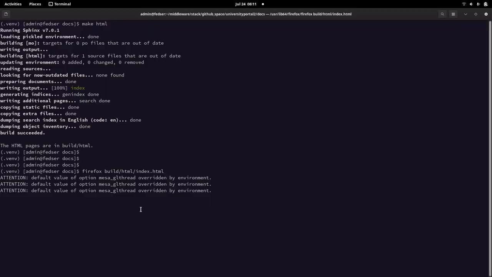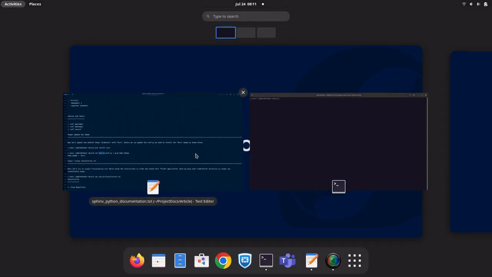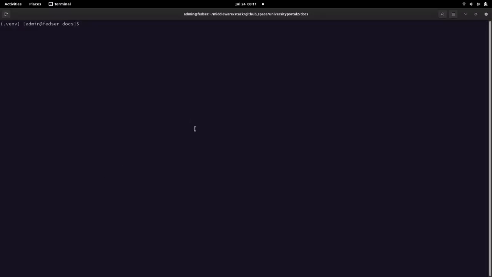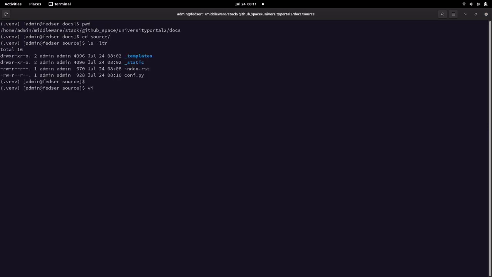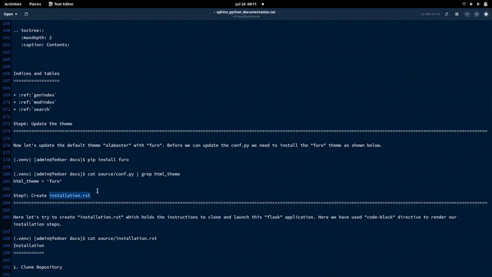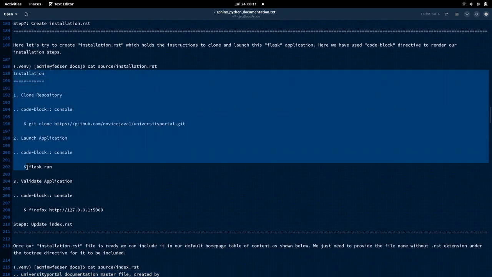Okay, so let me go into my shell, clear my screen and go to my documentation again, and now let us try to create our installation.rst file. This one is basically an additional child document that we are going to create. In the source folder we are going to create this installation.rst file, and let us update our installation.rst file